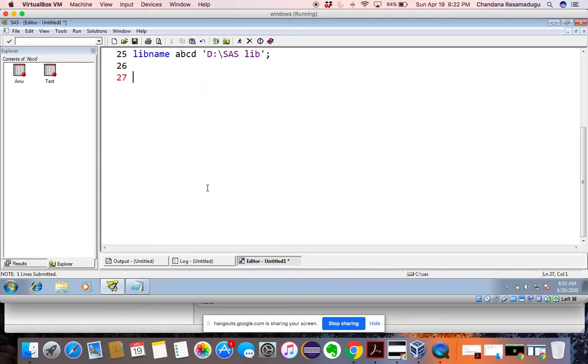Okay, let's do this. What is the shortcut for writing a comment? Very good. Control plus slash. Now you can type whatever you want here. See, now rules for dataset names or variable names.